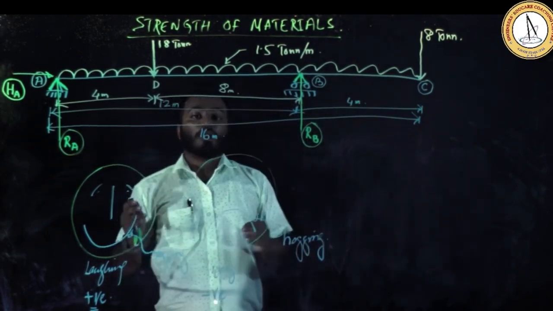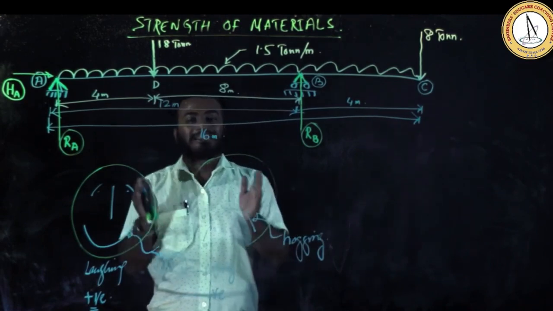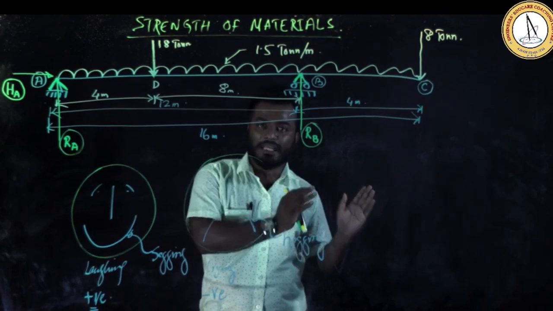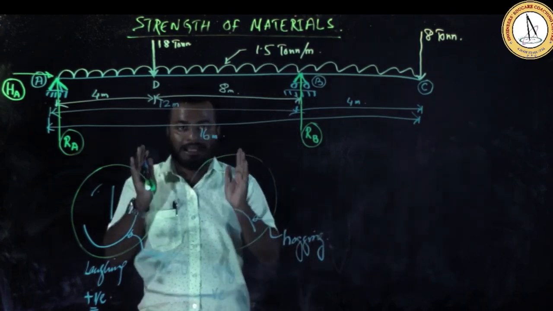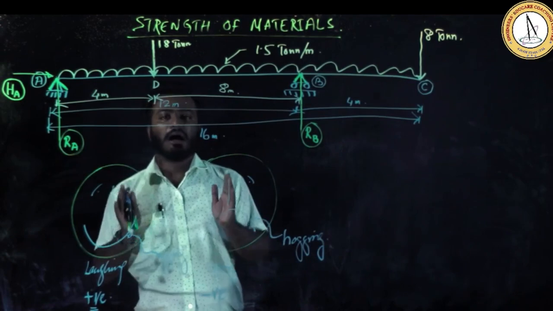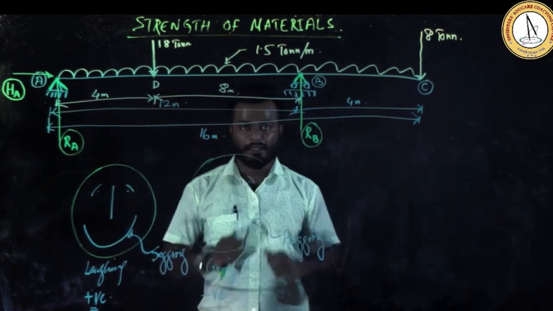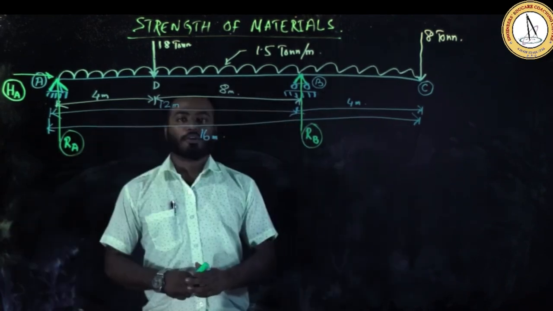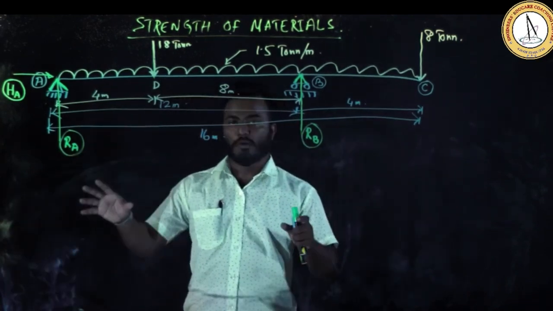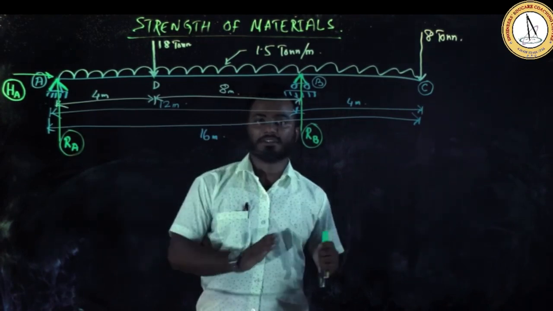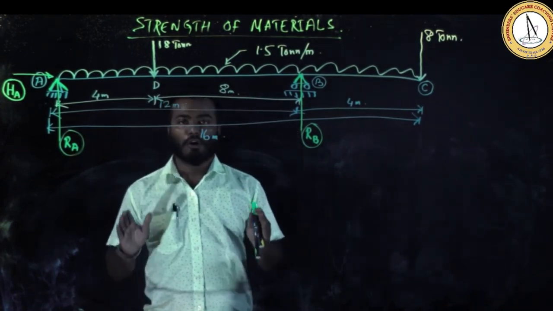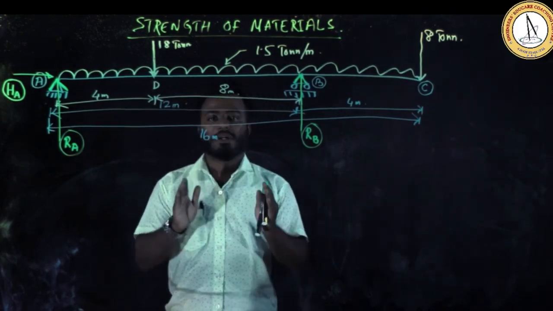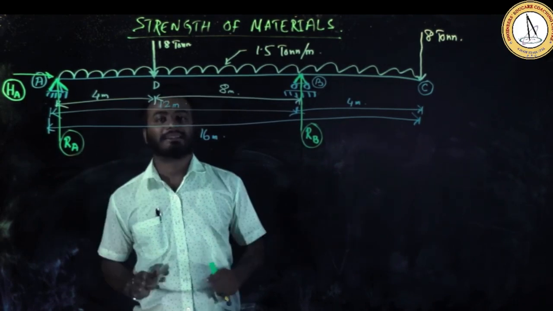So now let's see the problem which we have taken, which was asked in JEE 2019. We will try to solve the problem as per the steps I have discussed, and I believe you will get a clear idea of how to draw the SFD and BMD. Let's start to solve the problem. Let's see how to solve this problem by following the steps that I have discussed earlier. You need to follow each and every step. If you have a grip on the steps, you can solve any kind of problem of this category.